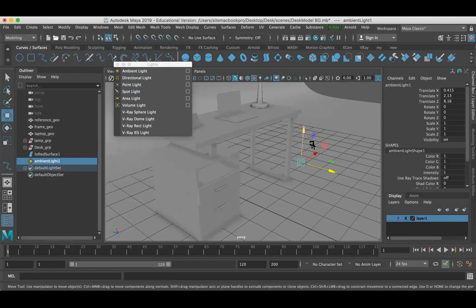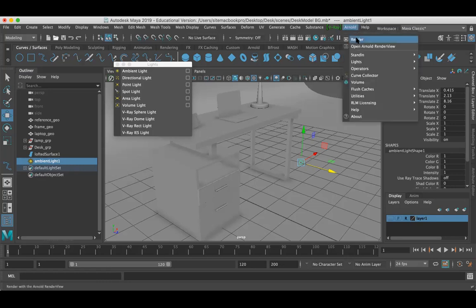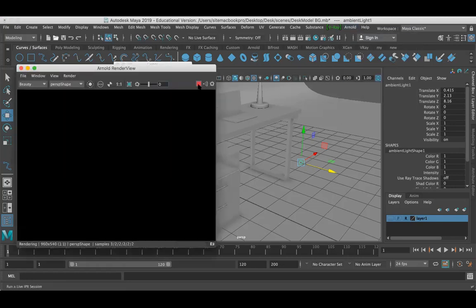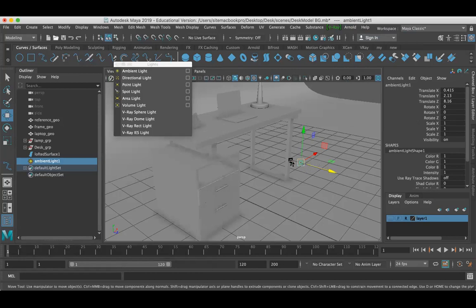You can see here, whatever is inside the scene will be listed in the outliner. So you can see here, ambient light. Ambient light gives you the light in a uniform way. It just gives parallel light or flat light. But the thing is, it doesn't work in the Arnold renderer. When I hit the play button here, my scene is still empty and darker. Where can I see the ambient light?